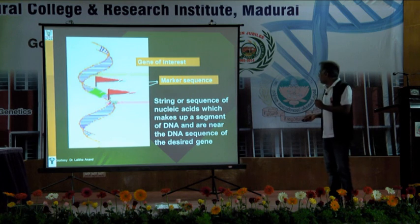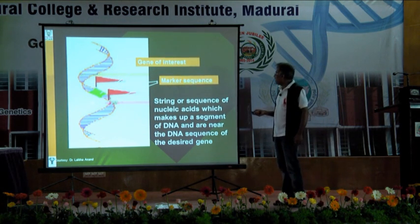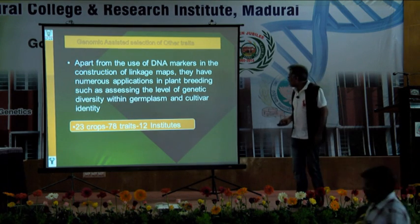So just for a minute, I wanted to say what we are interested in molecular assisted selection: identification of the gene of interest, the marker sequence, if this is the gene sequence. So I don't want to go into the details. So you can see here,